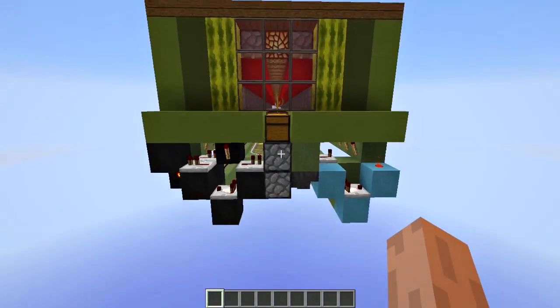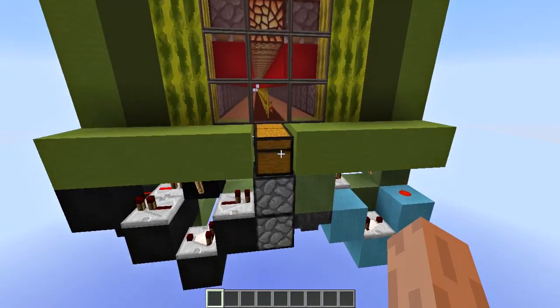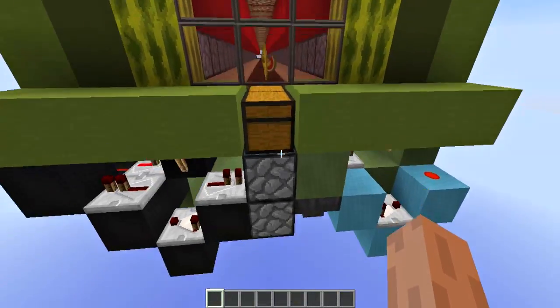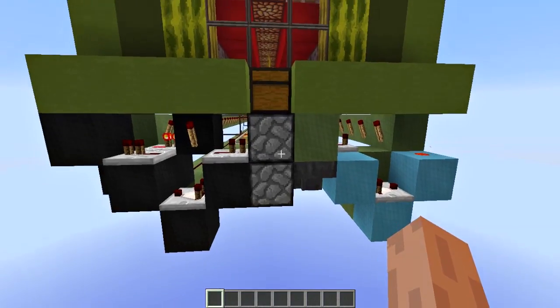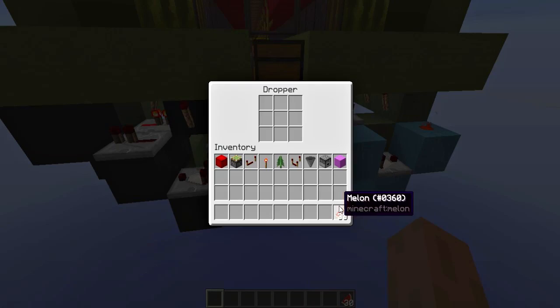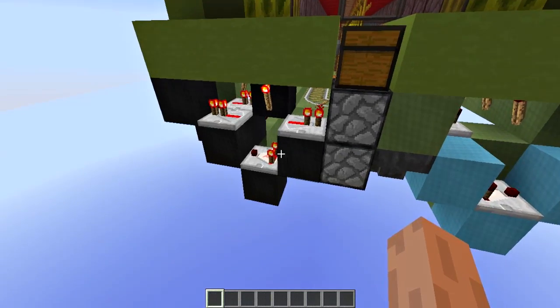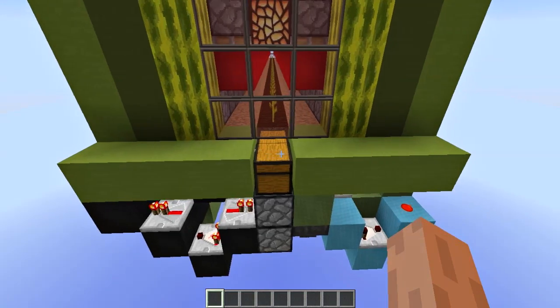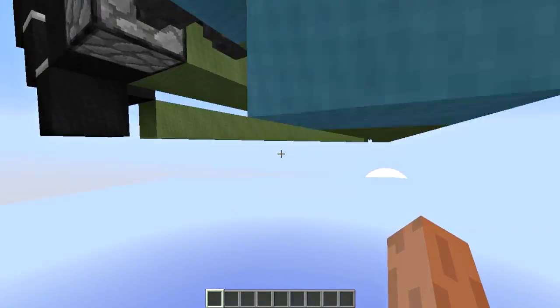Also here I came up with a pretty cool system. I wanted the collection chest to be here, so I created this item elevator that is activated on demand. So if I place those items down here, it will detect the items and start a silent clock to elevate the items. And also at the same time we have